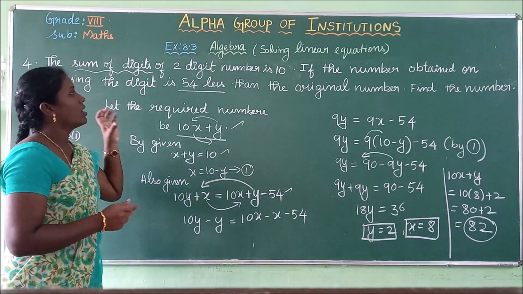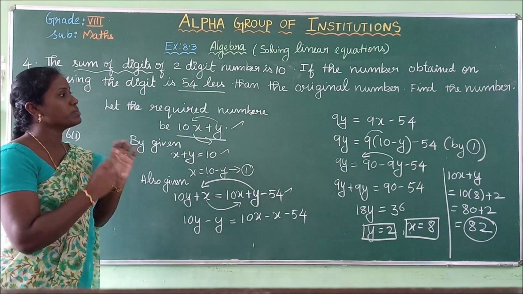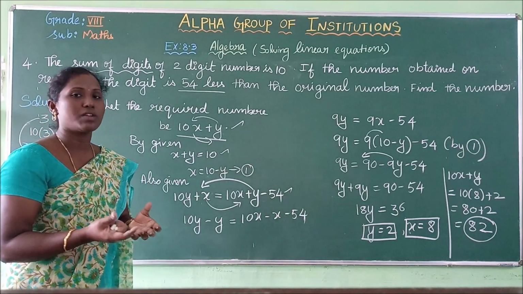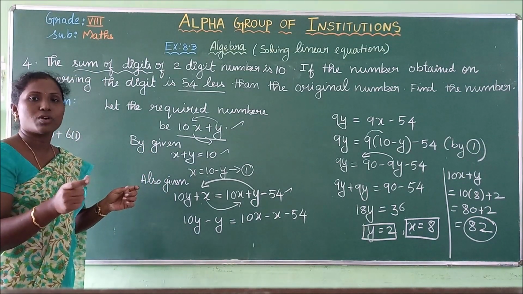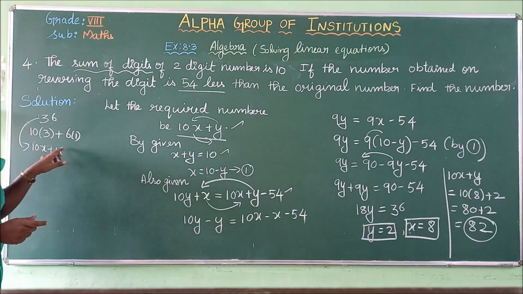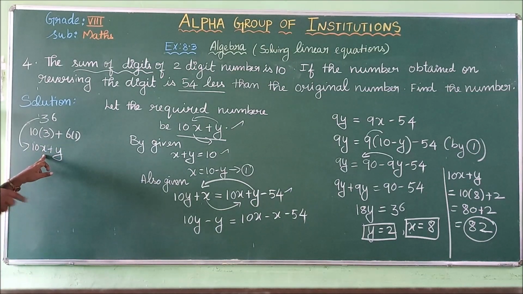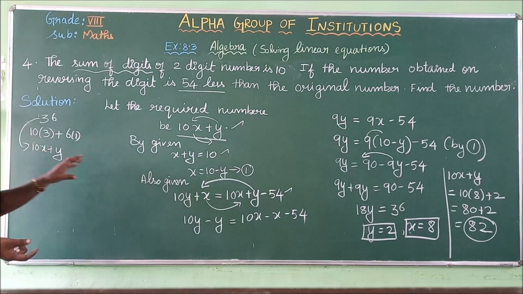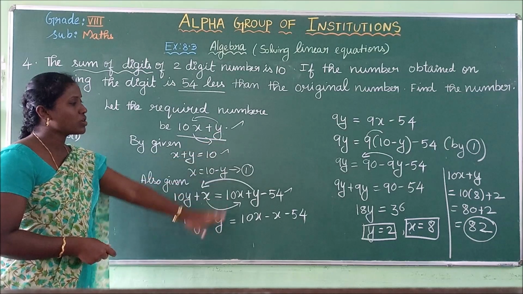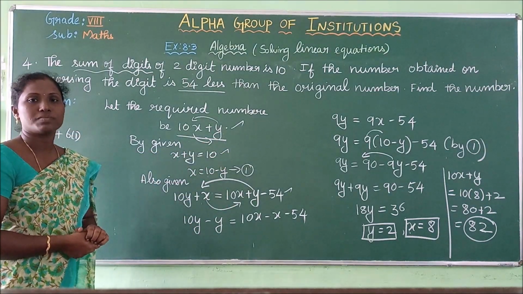Okay, so this problem is very important because many problems like this give a 2-digit number. So 2-digit number means you should not get confused. Go for the general format of the 2-digit number. I will explain how it comes. 1's place, 10's place. The place value is not going to change. Only the digit is going to change. So the digit going to change means we have to take it in the form of a variable. So any 2-digit number is generally in the form of 10x plus y. Then according to the given condition, find the 2-digit value.